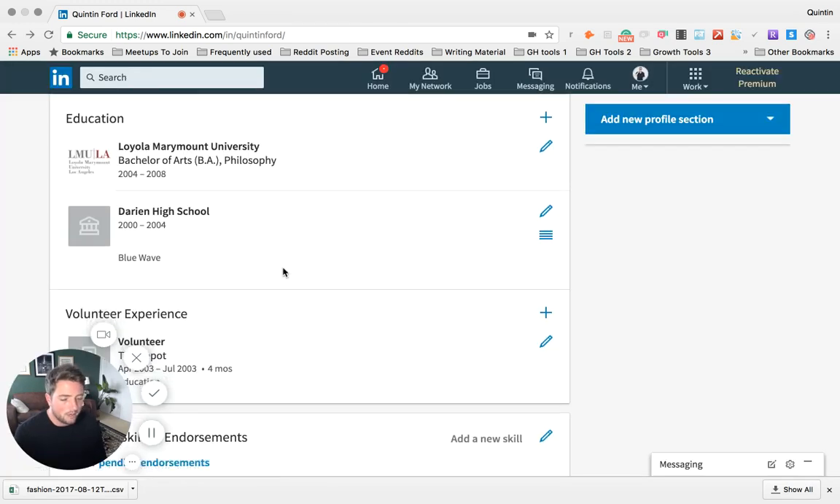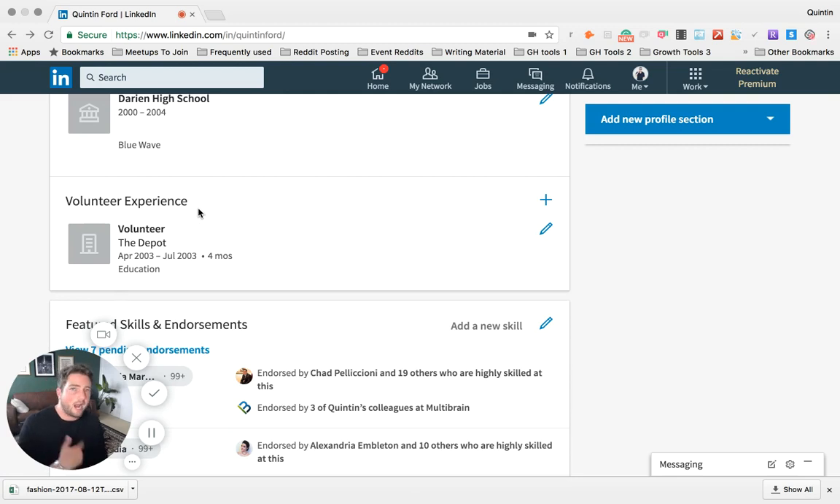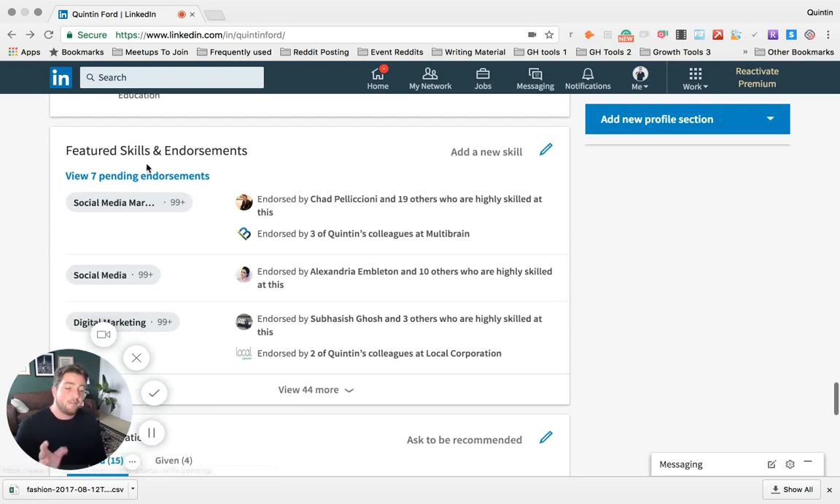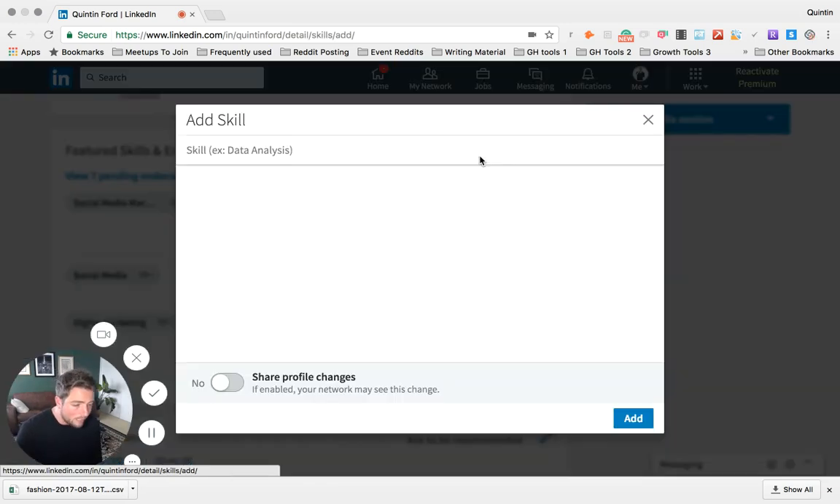Okay. So then you have volunteer experience. I even filled that out. This was years and years ago, but I put some volunteer experience in there. And then we have featured skills and endorsements. You can see here there's add new skill. What you need to do is go ahead and add all the skills that you think you might have, right? It gives you an example right here, but I've already added